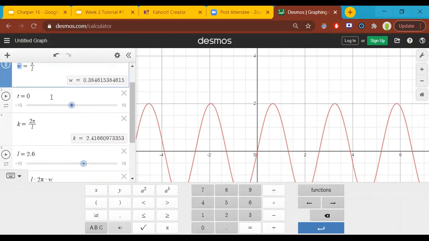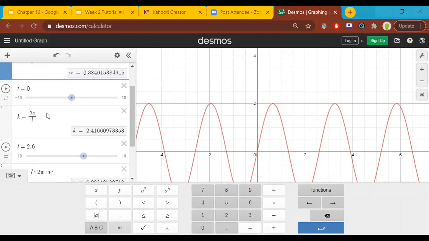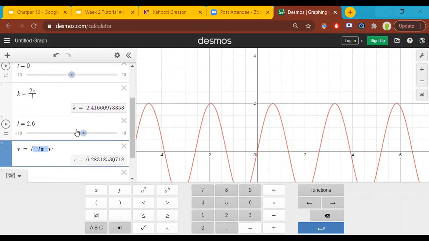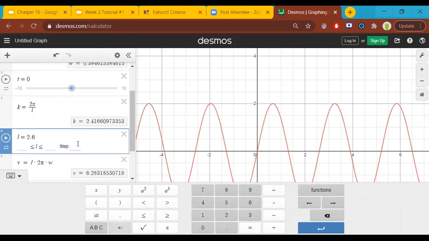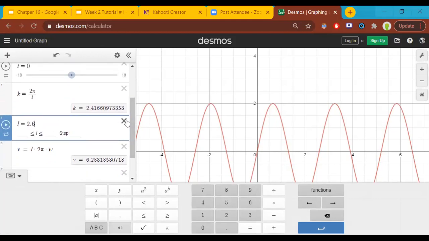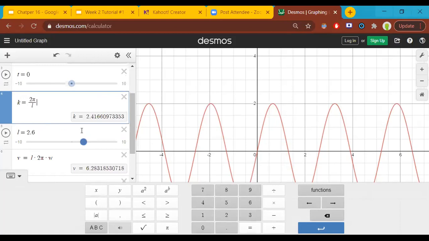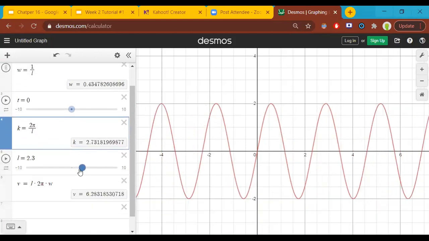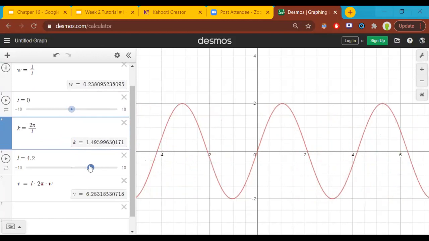But again, it's inversely proportional to the wavelength because we know that the speed is constant. So the speed is always equal to 6.2 in this case. So as my wavelength gets bigger, the frequency must get smaller. And that makes sense because if you look at it like this, as I make the